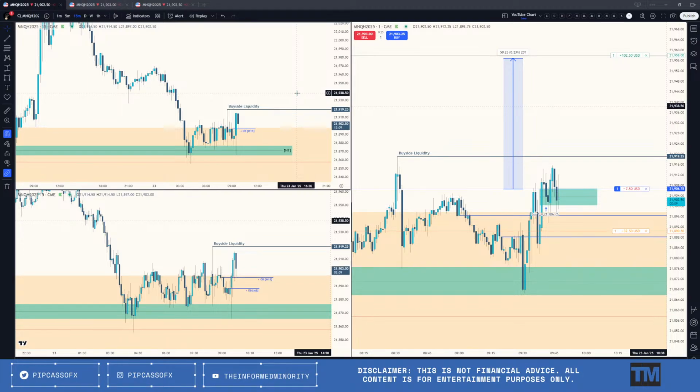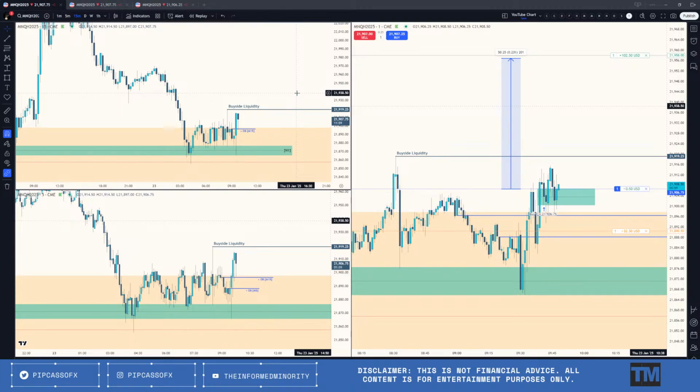Yeah, I don't like how this is struggling right now to move. ES kind of isn't moving either. Dow is going crazy, but yeah, this is just patience. Whatever happens here is just what happens. It is what it is.